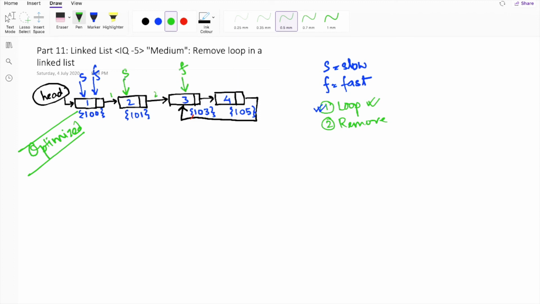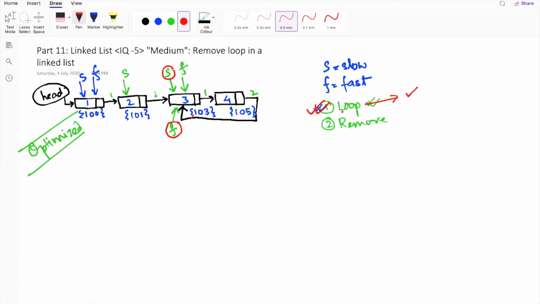On the second iteration, the slow pointer will be over here and the fast pointer will move two steps, that is, it will point to this node. And as soon as these two pointers meet each other, we identify that there is a loop within the linked list. So we have successfully completed the first step of detecting the loop.